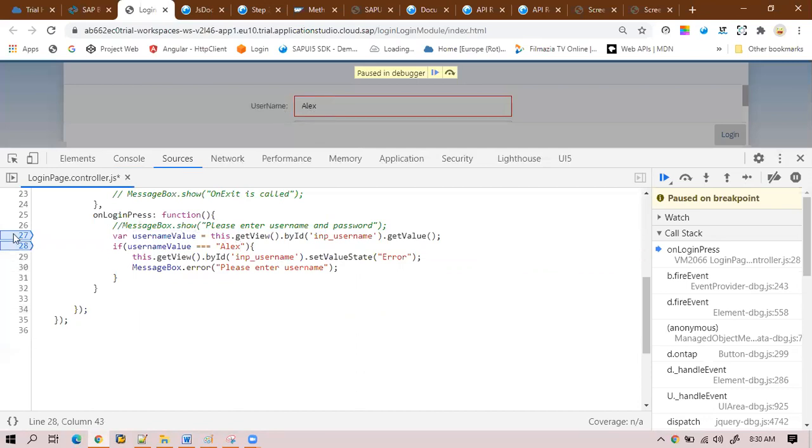Your debugger points are deactivated. In order to activate it again, because I've made some changes in the console, in the source file, the changes will be reflected only in the console, not in your actual code.